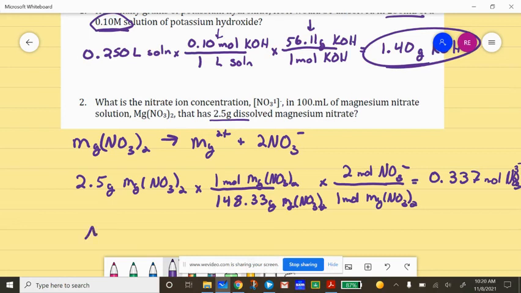Now, knowing that molarity is moles of solute per liter of solution, I'm going to take my moles of nitrate, which is what I'm looking for the concentration of, and I'm going to divide that by the volume, which up here is 100 milliliters. So that's going to be 0.100 liters. And, oh, you know what? I forgot a 0 there. My bad. There's a 0 there and there's a 0 there. Fix that. Sorry about that, everybody, because your final answer then ends up being